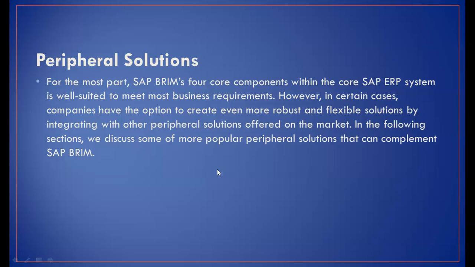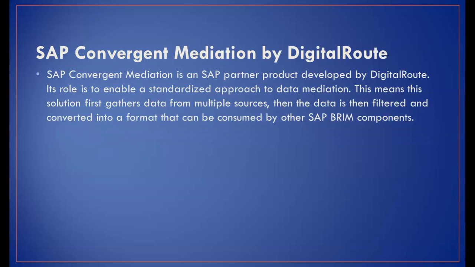So the peripheral solutions. For the most part, SAP BRIM's four core components within the core SAP ERP system are well suited to meet most business requirements. However, in certain cases, companies have the option to create even more robust and flexible solutions by integrating other peripheral solutions offered on the market. In the following section, we discuss some of the more popular peripheral solutions that can complement SAP BRIM. So, SAP Convergent